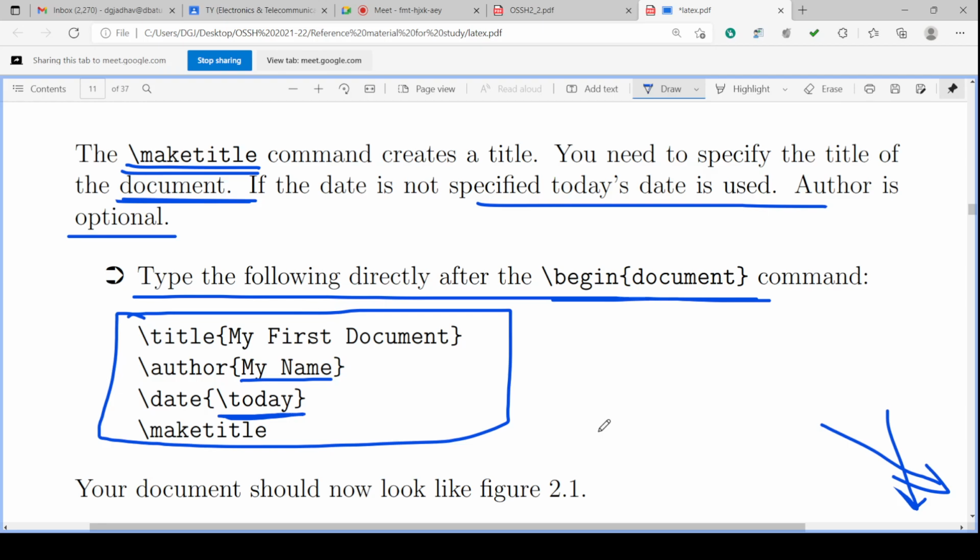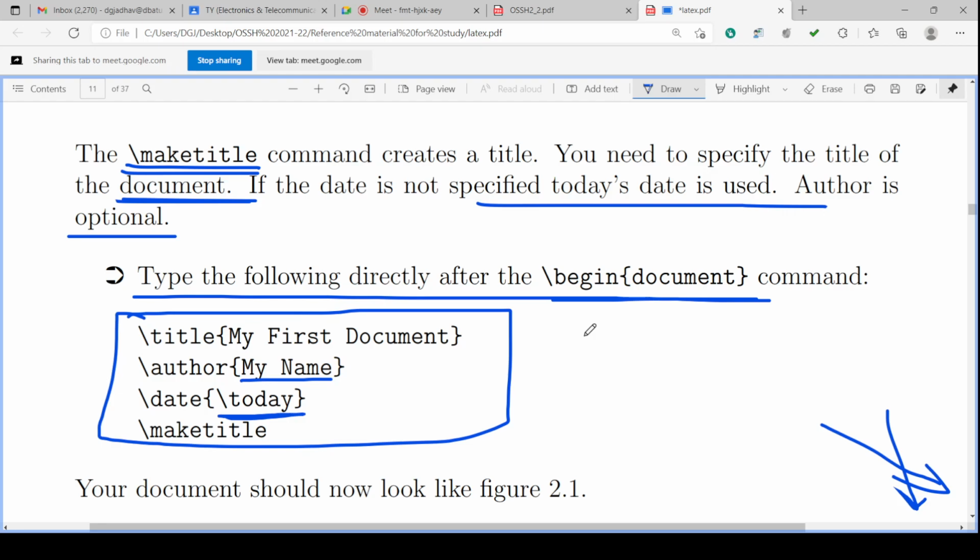After begin and before end, whatever the document details are, we put them between begin and end. And after begin, immediately what should we put? We should start with the title of the document. So what are the commands for putting the title of the document?